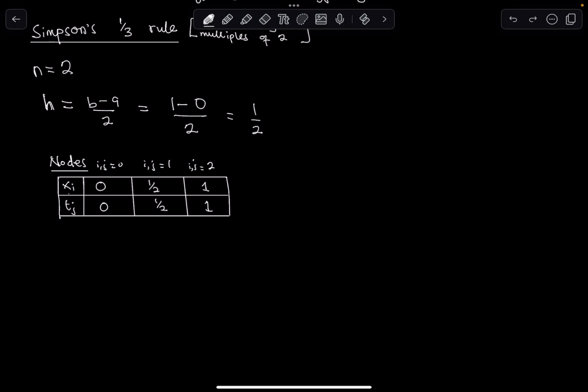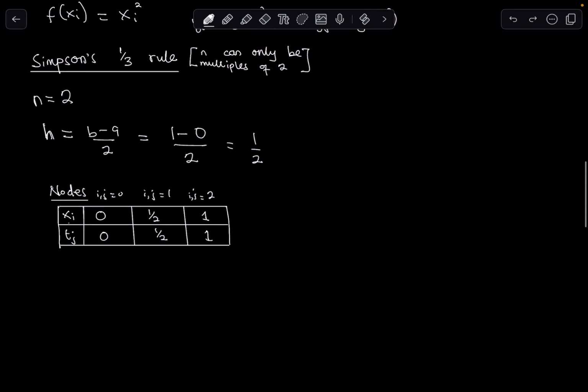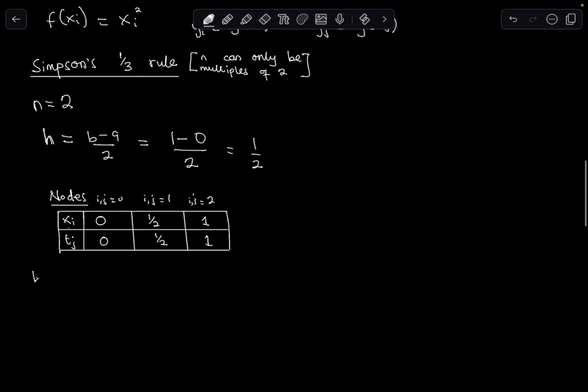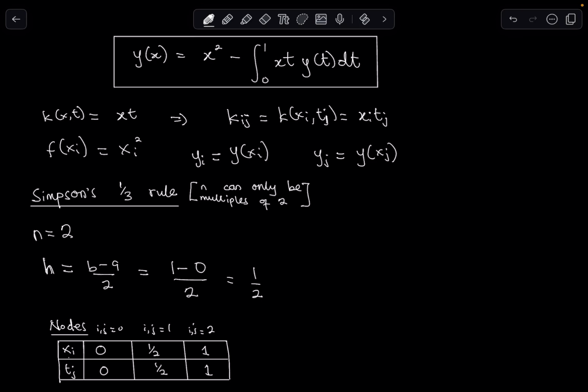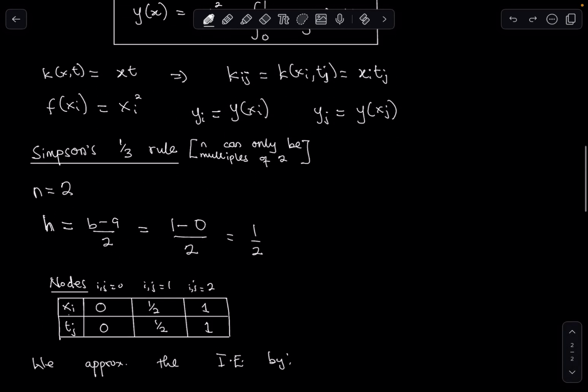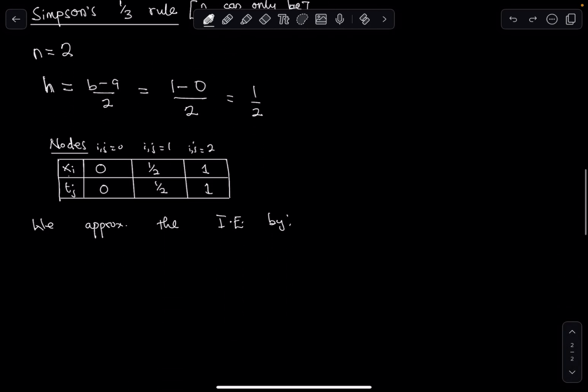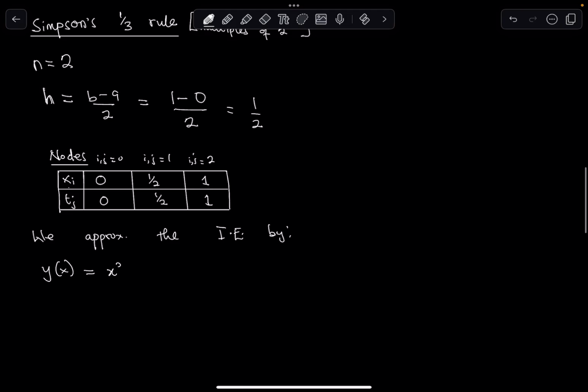So now that you have your nodes, you want to write out the general solution to this integral equation, right? So if you remember correctly, we approximate the IE by, okay. So now why are we using approximation? It is because of this integral, right? So what we're going to do is to replace that integral with a summation, okay? So now we're going to have y of x being equal to x squared